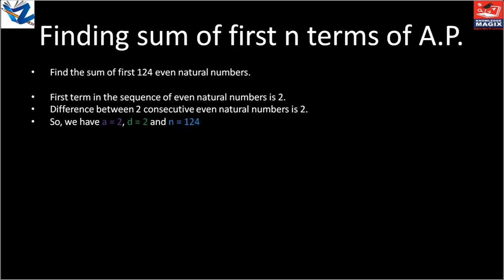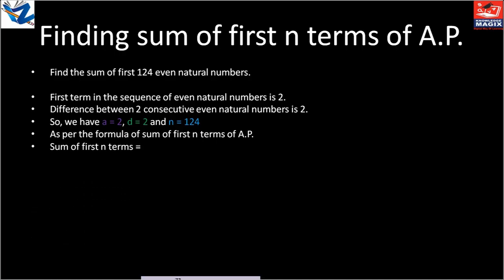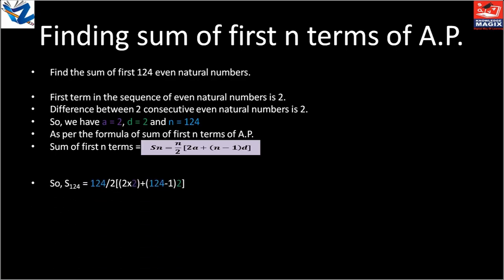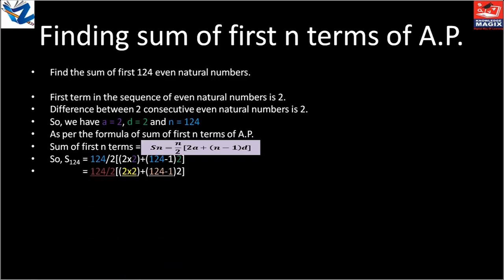So we have a is equal to 2, d is equal to 2 and n is equal to 124. As per the formula of sum of first n terms of AP, Sn is equal to n upon 2 bracket 2a plus n minus 1 d. So, S124 is equal to 124 upon 2 into 2 into 2 plus 124 minus 1 into 2 is equal to 62 into